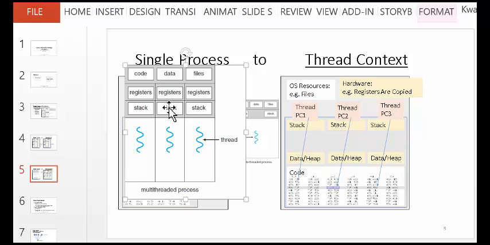So if you have 3 different program counters, that means that you have to have 3 different stacks. Because anytime you make a function call, it's almost like you put something on a stack to keep track of where your function is. So now, for every thread you have, you must have a separate stack. And the registers are the ones that are being used for doing your normal arithmetic, whether adding, subtracting, dividing. That will also have to be duplicated, so that every thread can execute independently, without affecting the other thread.